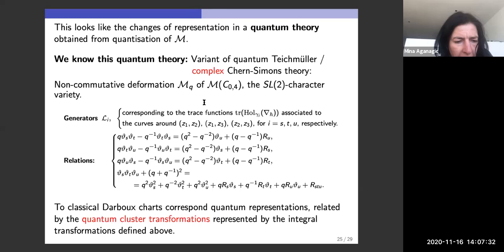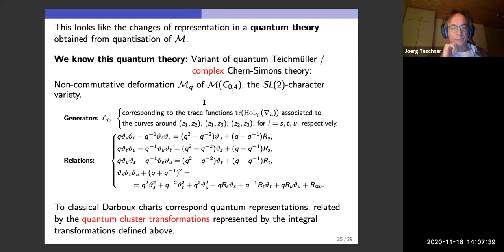Anyway, people have written this down in some context. The Q deformation of the character variety was written down